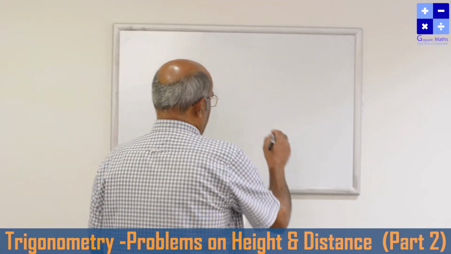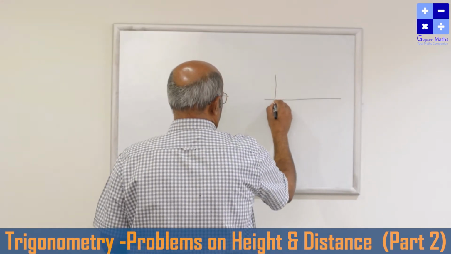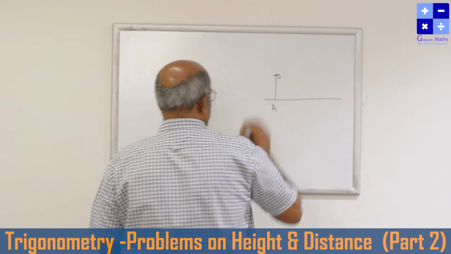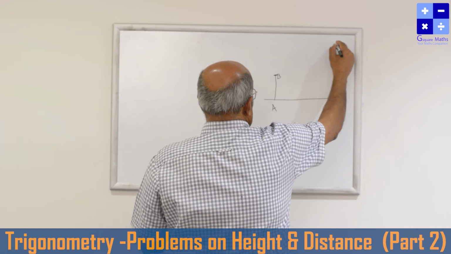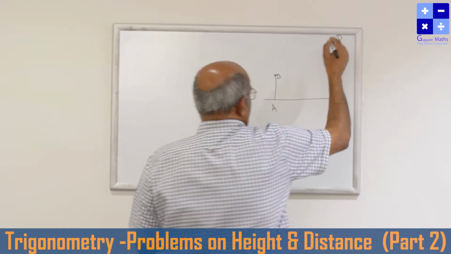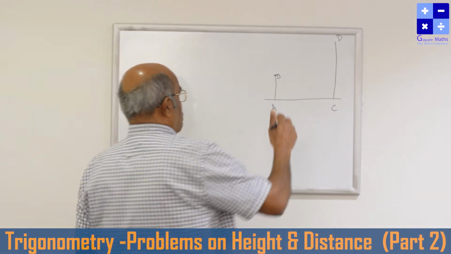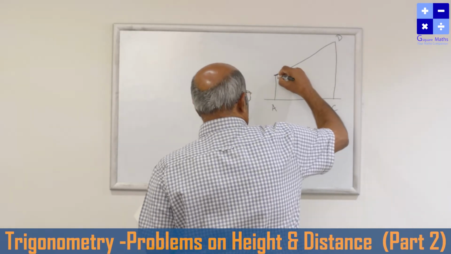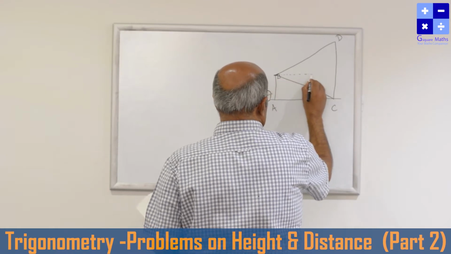See, it's the ground level. A man is standing on the top of a building AB. He is standing here at the point B. A cable tower is given. CD is a cable tower. What he is observing is the top and bottom of the cable tower. So this, the angle of elevation is given, and this, the angle of depression is given. Why? Because this is the eyesight of the observer.